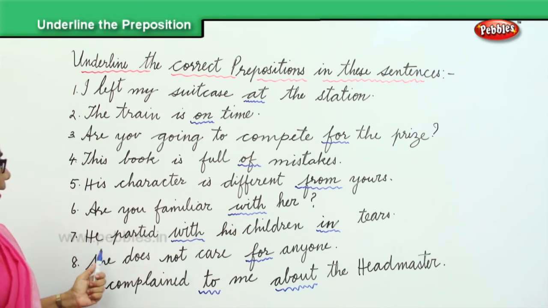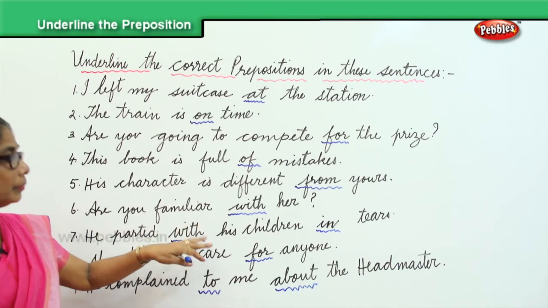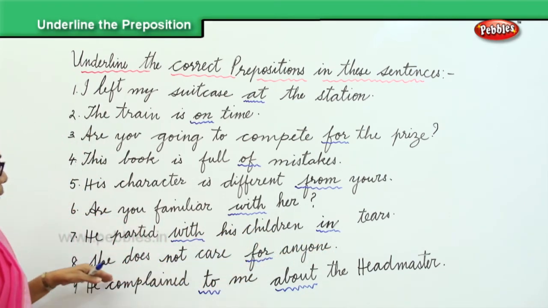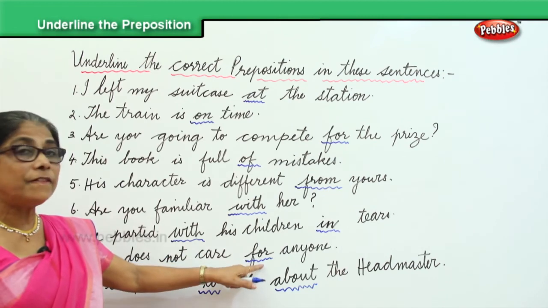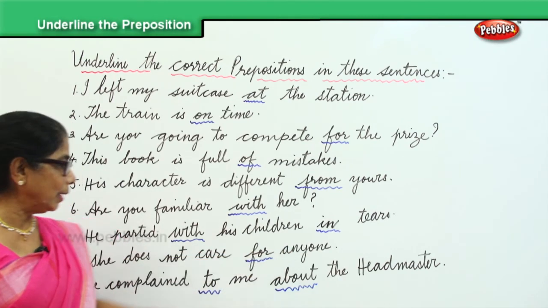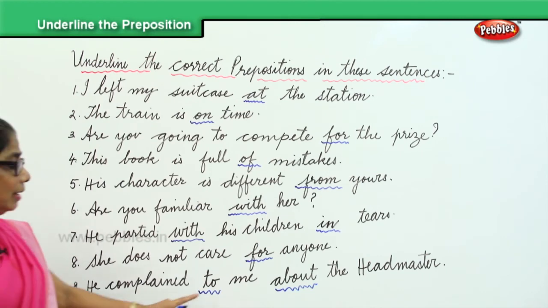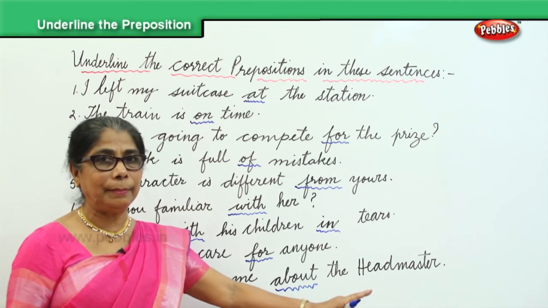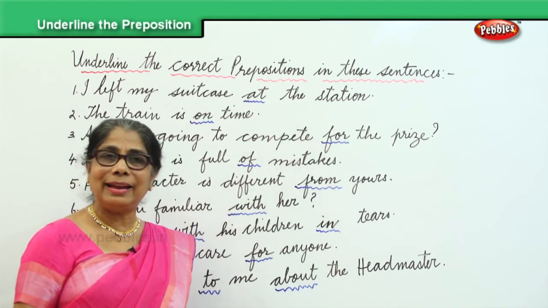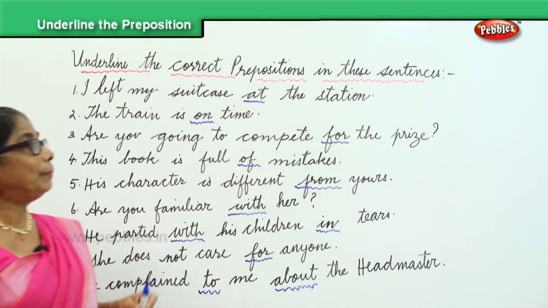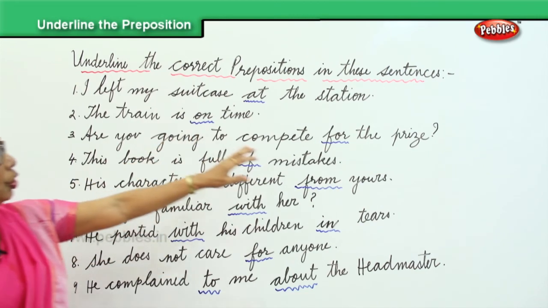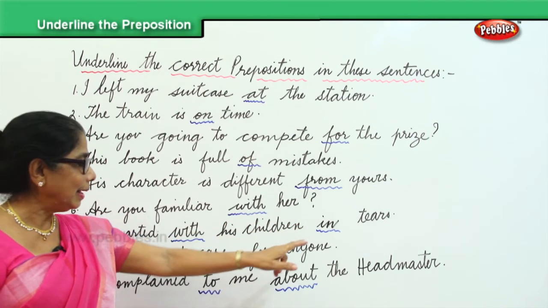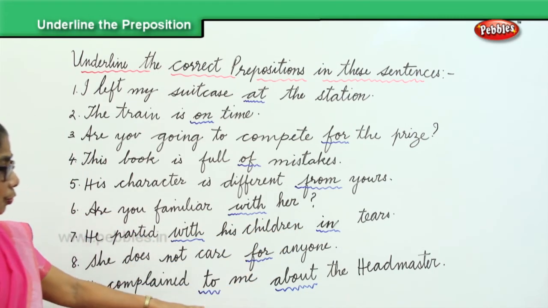He parted with his children in tears. She does not care for anyone. He complained to me about the headmaster. So we have underlined the correct prepositions: at, on, for, of, from, with, in, for, to,